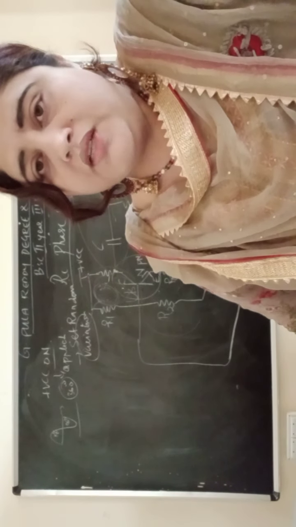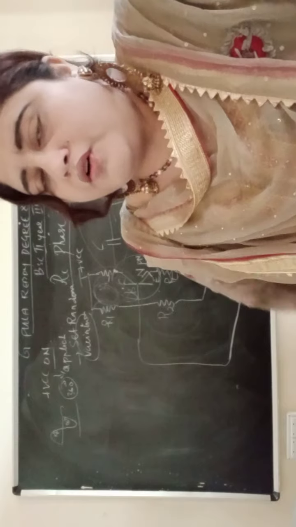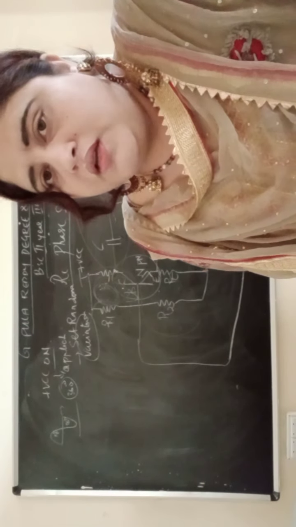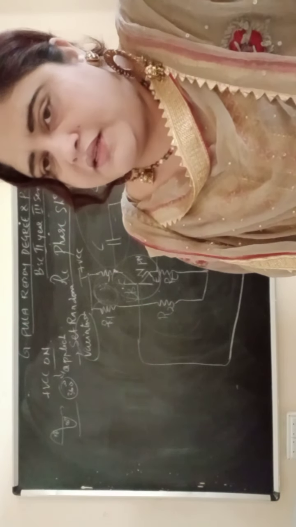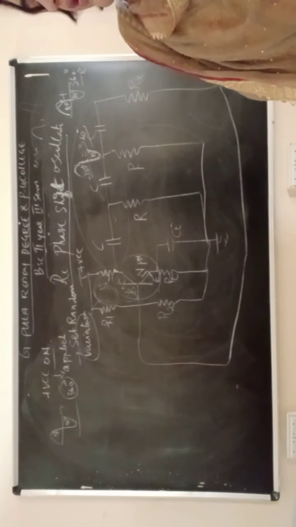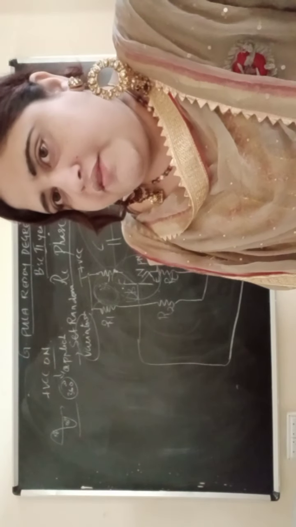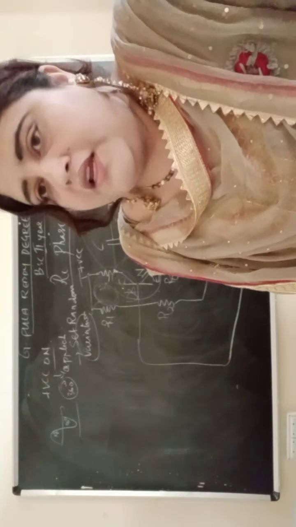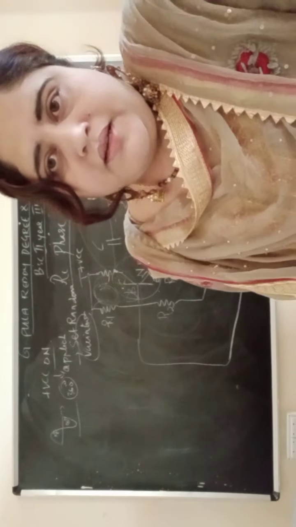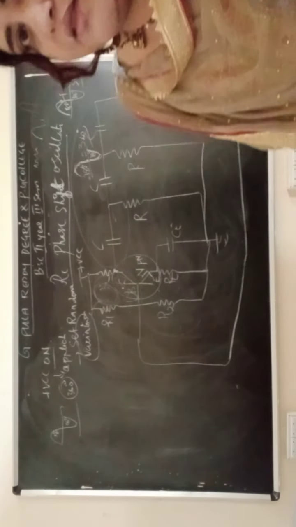180 degrees plus 180 degrees is how much? 360 degrees. Then finally the output of your phase shift oscillator is totally 360 degrees. Hence the output we have generated for the RC phase shift oscillator is in the form of a sine wave with the sustained oscillation condition. That means 180 degrees plus 180 degrees is nothing but 360 degrees.